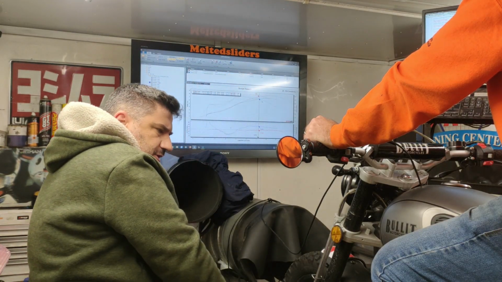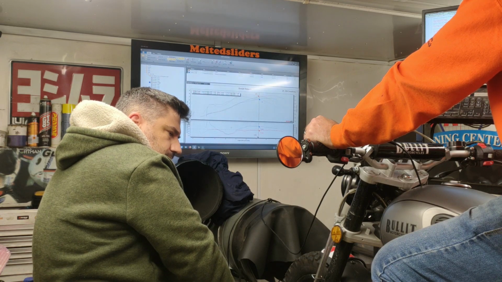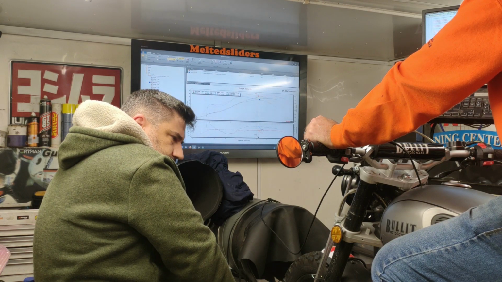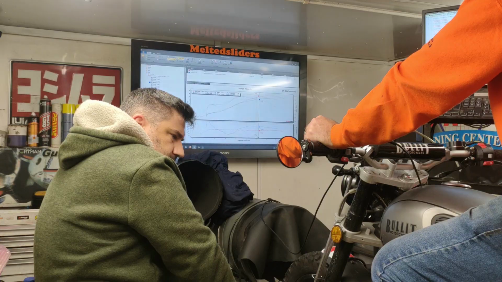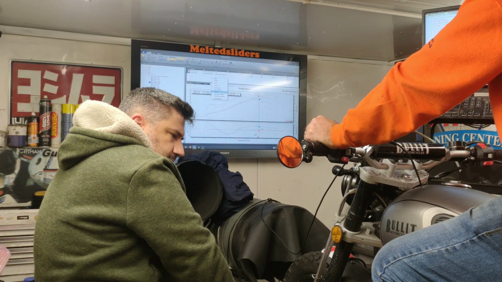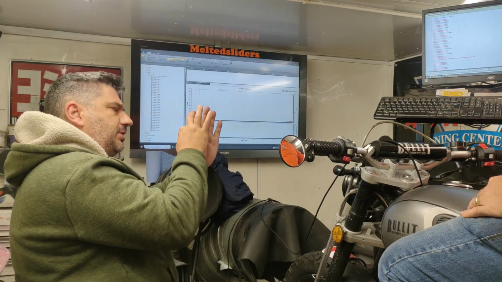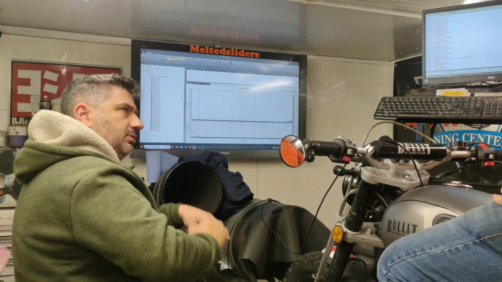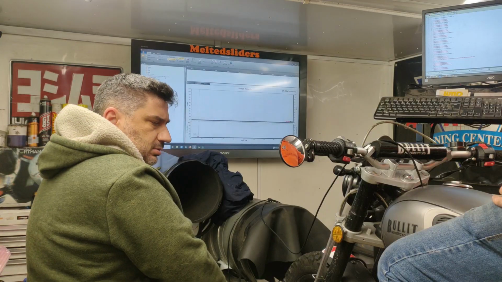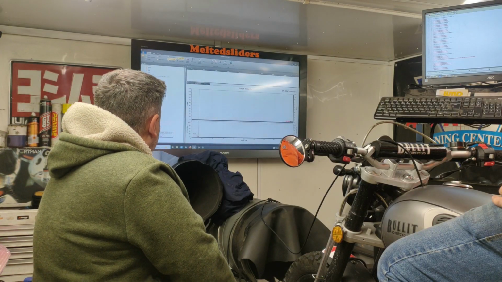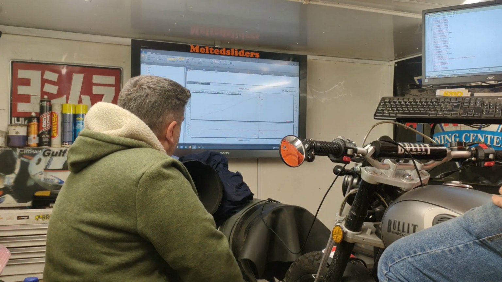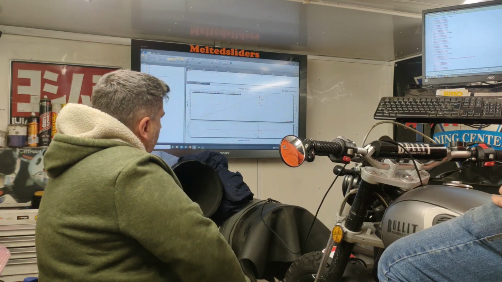You sure there's no restriction in the airbox? No, there's just the air filter in there. I've already been in there. Did you have a look at the throttle, all of that intake? No, I've not been in. Sometimes they might not be perfectly lined in. Got ya. No, that's good. That's nice. Now I'm happy with that.